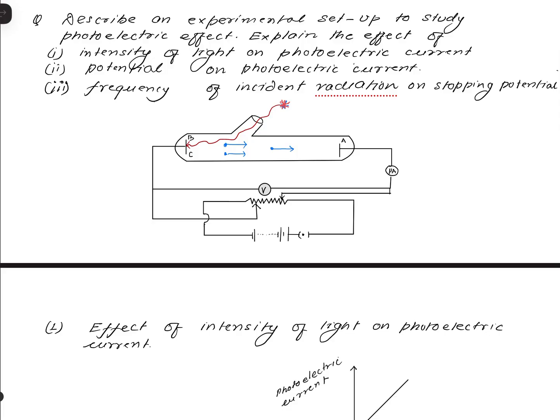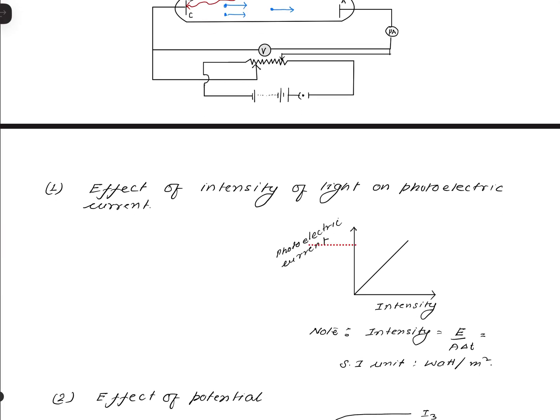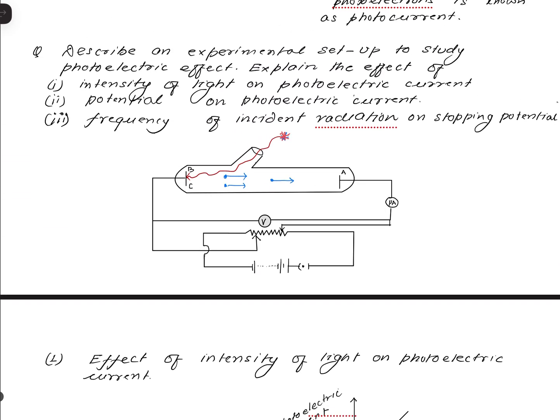Now we have to see certain observations, like the first is the effect of intensity on the photoelectric current. How does your photoelectric current change for a change in intensity? As we increase the intensity, fine, how does photoelectric current change? So here, how to increase intensity? First question. To increase the intensity, what we do is bring this source closer. So by bringing the source closer, basically the photons falling on the surface increase,